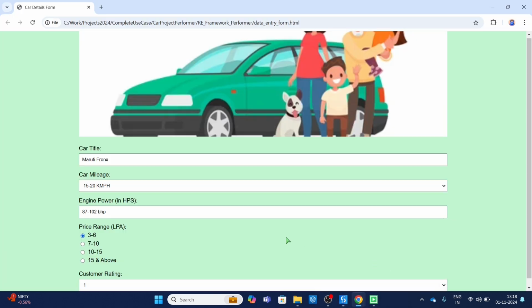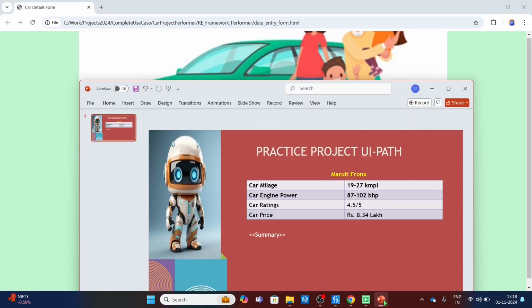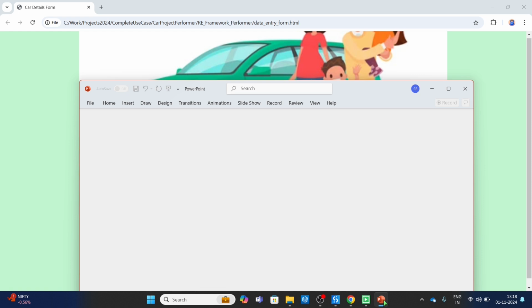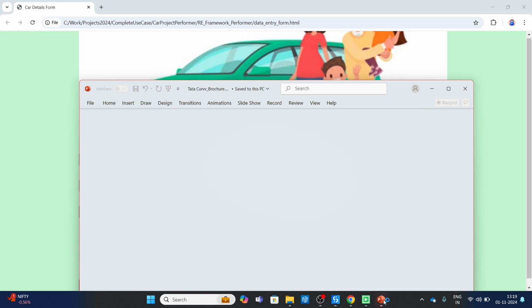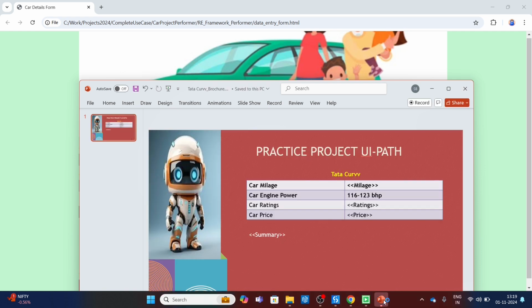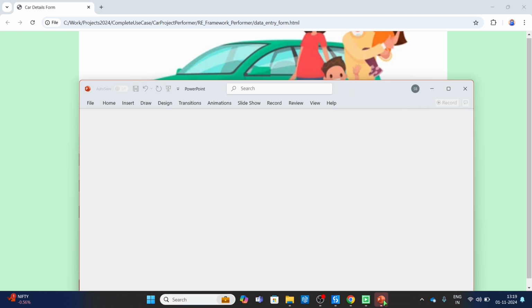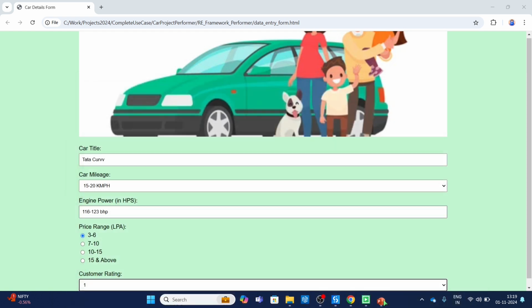So Maruti front tech is going on right now. UiPath has opened the PDF. It is working on the browser and right, PDF is saved and UiPath send email activity must be working in the backend. Email is sent. Next item is taken by UiPath RE Framework. And now UiPath presentation activities are being used by the bot and it is creating the browser, right? It is sending the email, close. Now next item,